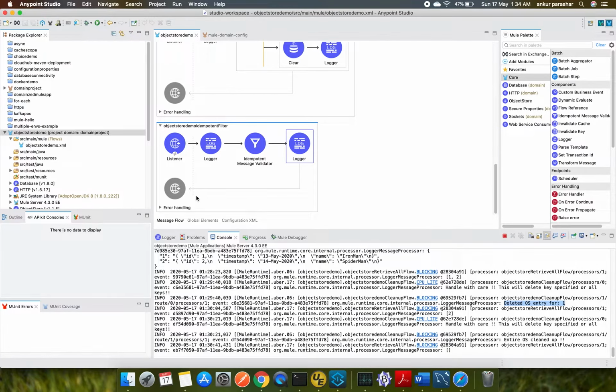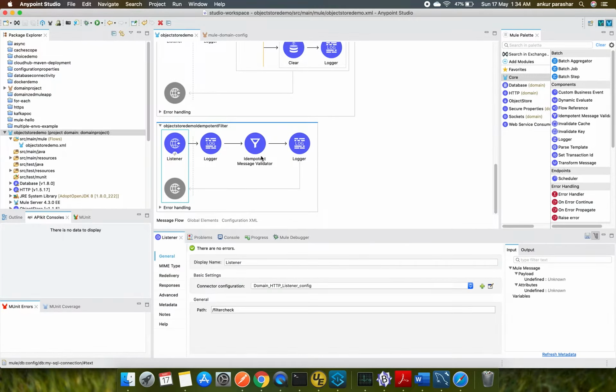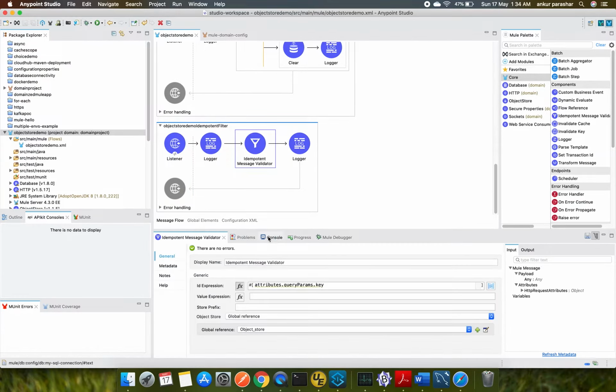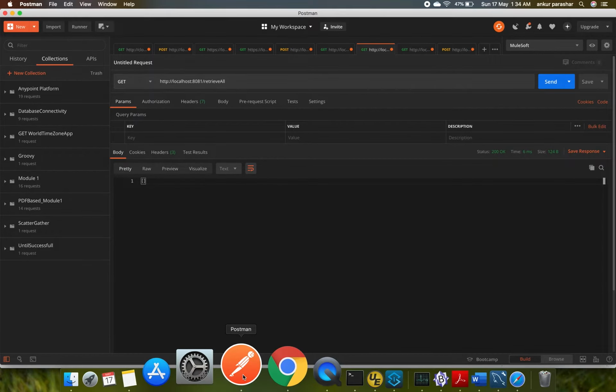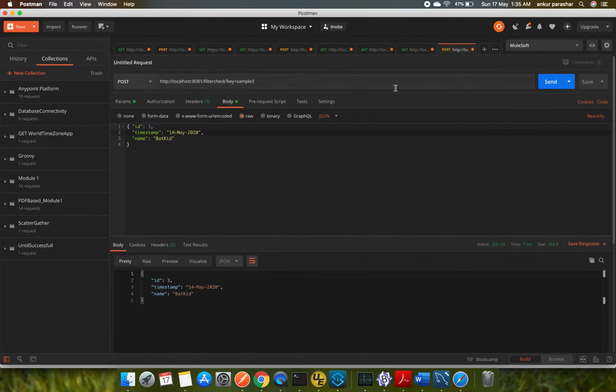I will quickly check the path as well, filter check. I will clear up the console and go to Postman. So this is the filter check, and I'm putting the key as sample itself.